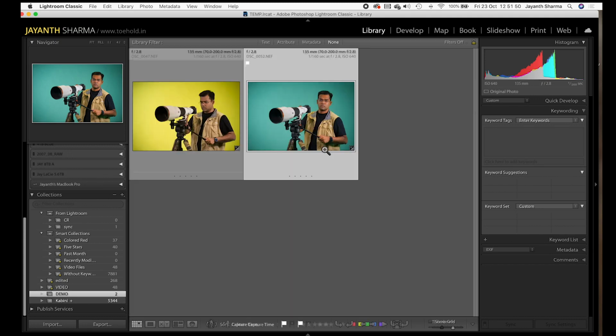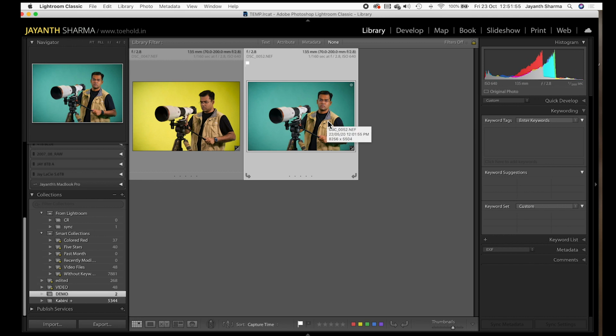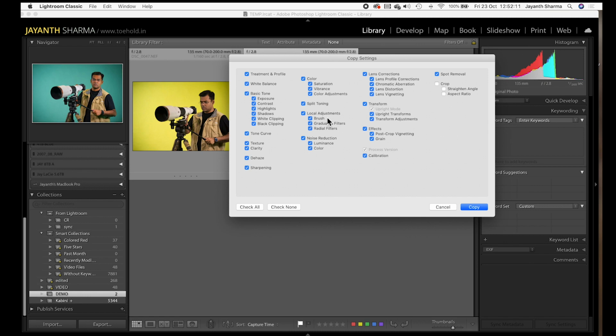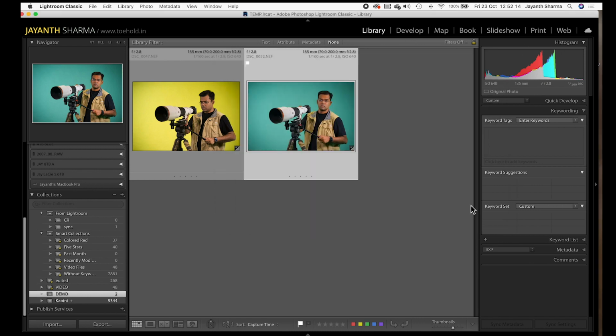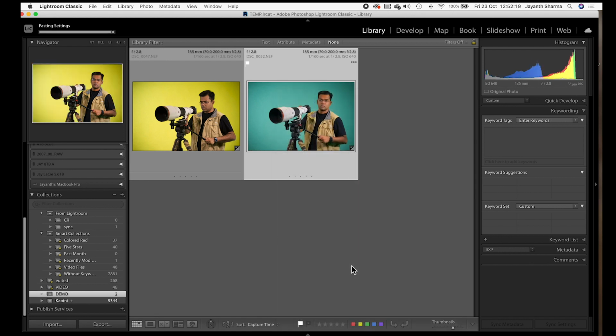Then what you could do is, let's say I want to copy the processing from one image to another. Let's say you want the image to be yellow. He has processed it like yellow and you have done it like green, and you want to copy all the processing that he has done on a chota raw file onto your larger raw file. All you need to do is right click and say develop settings, copy settings, and it copies all the settings. It'll give you all the parameters that you should copy, and you copy everything that you need. Come to this file and right click, go to develop settings and simply paste settings, and this raw file will get all the data that was modified by him on that smaller raw file.